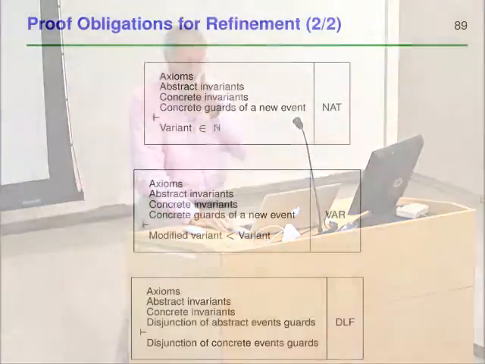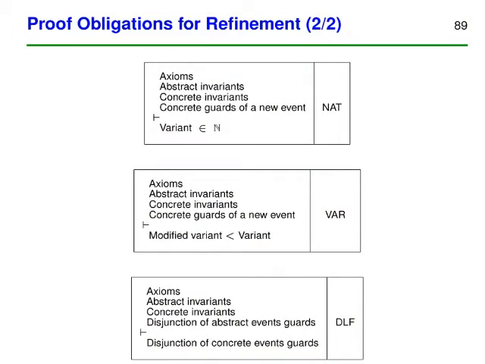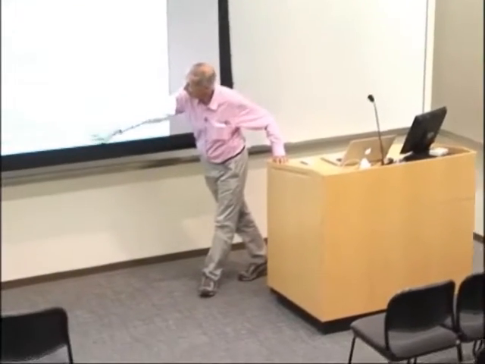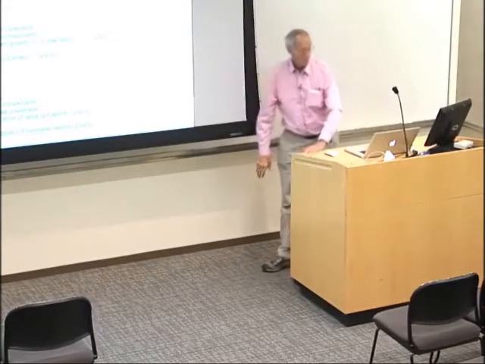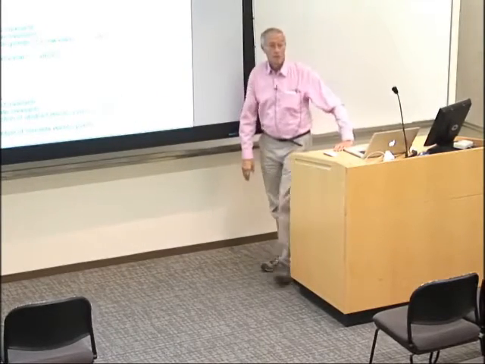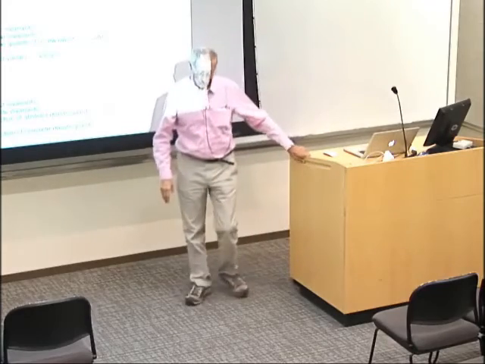Okay, so here is the rough statement about the proof obligation. So the guard strengthening first, then the maintenance of the concrete invariant. This is the same for the initialization. And for the new events, we have to define a variant which is a natural number, prove that the variant is decreased, and here is the proof rule for the deadlock freeness. And what you can see is that